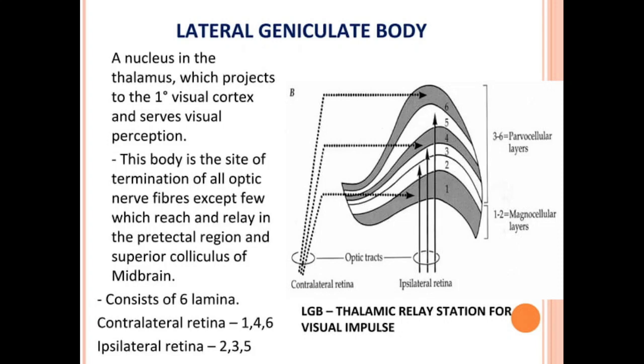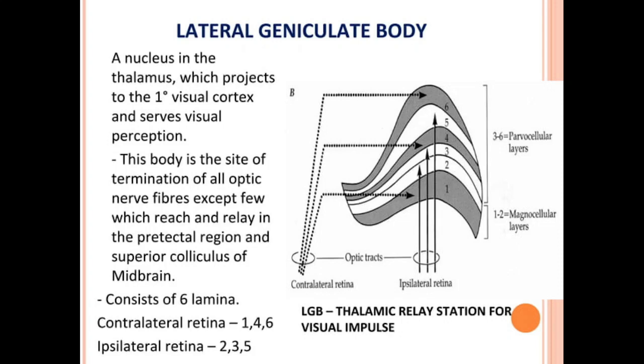For example, damage to the upper part of the lateral geniculate body can result in visual field defects in the lower part of the visual field in both eyes. Similarly, damage to the right lateral geniculate body can result in visual field defects on the left side of the eyes. Ophthalmologists may evaluate the function of the lateral geniculate body using specialized tests such as